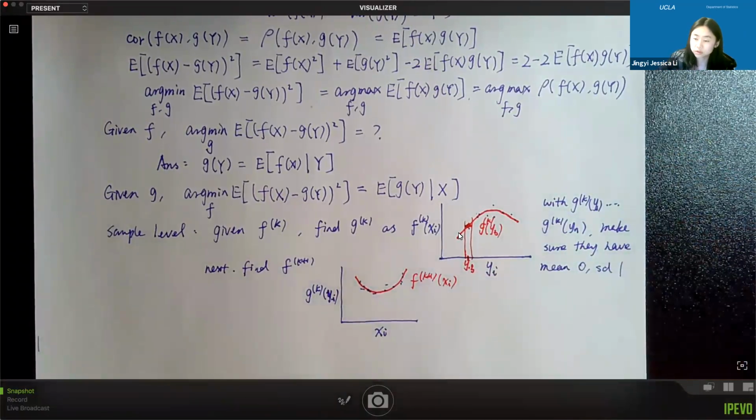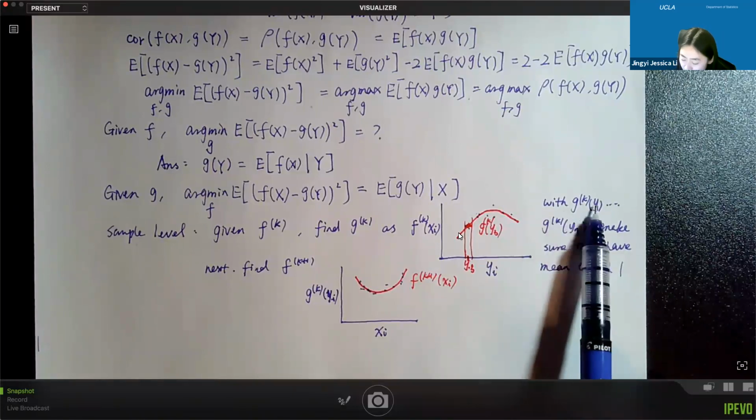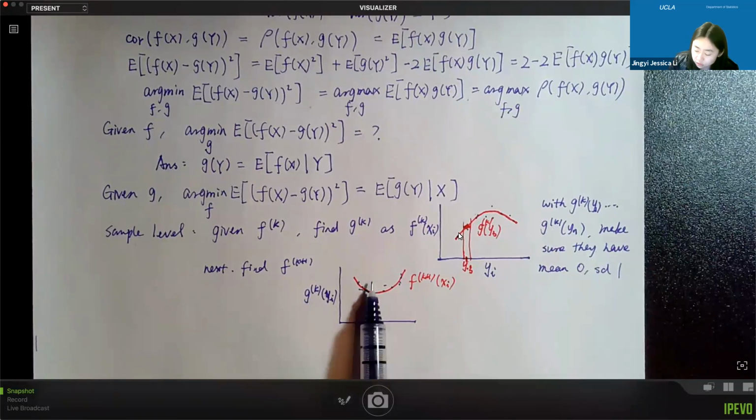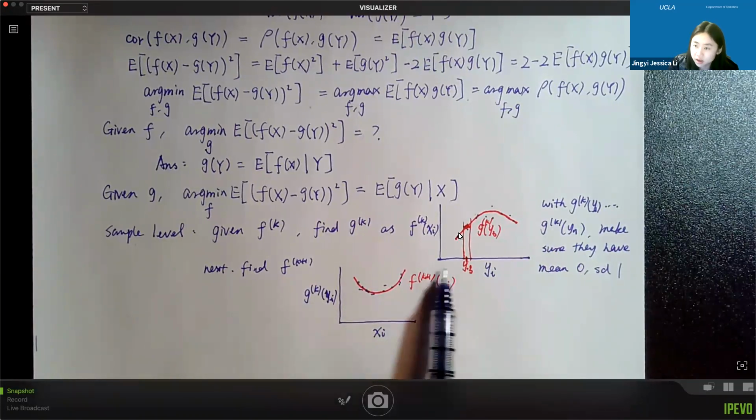If not, you standardize them. And that will be your g_k(y_1) to g_k(y_n) that's going to be used in the next step, so that you find f_{k+1} for x_1 to x_n. Then with those, you do centering and standardization again. And then you alternate until